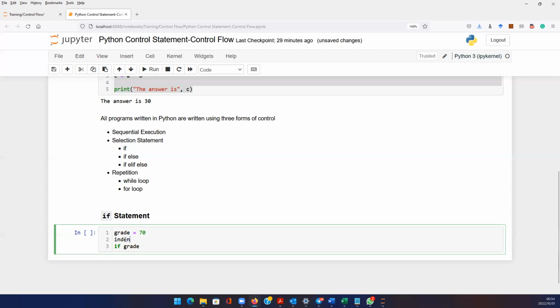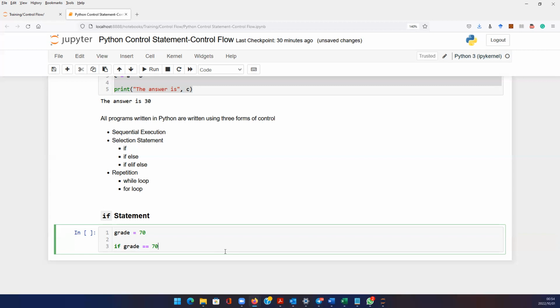That is to indent something, and I'll show you what that means now. So if I say if grade, remember, equal is an assignment operator, and you know this is used to do comparison, right? You will still remember we did this in our first session. So you say if grade equal 70,